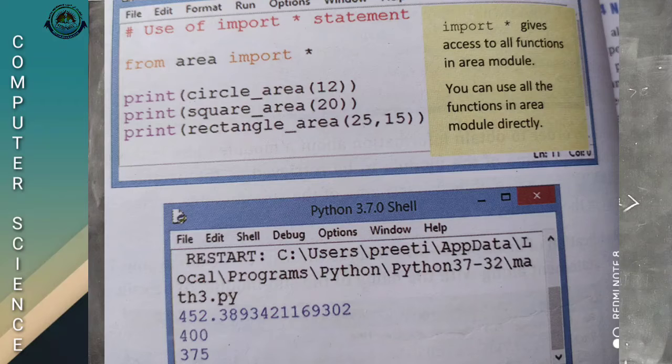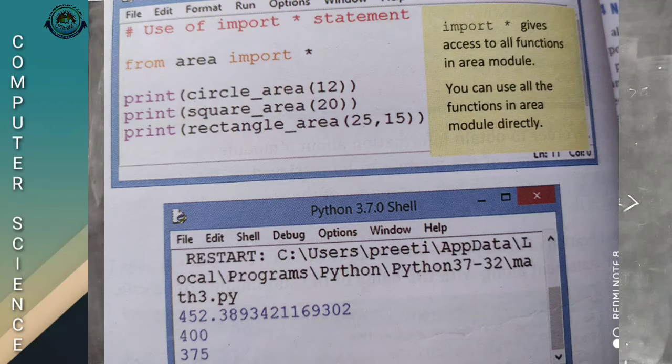We already prepared one program for area. This program is also based on that. From area import star. The main module is area. From that area module, we are going to import all the names, entire values.